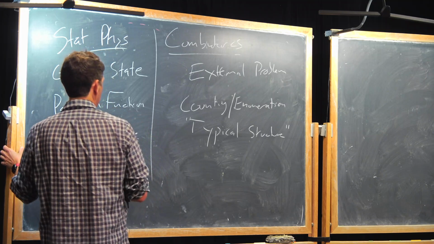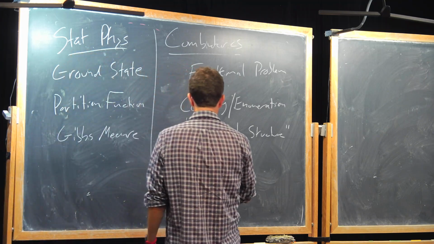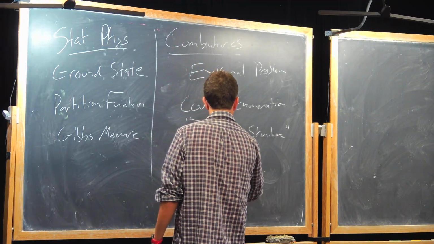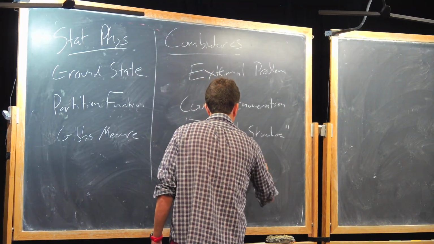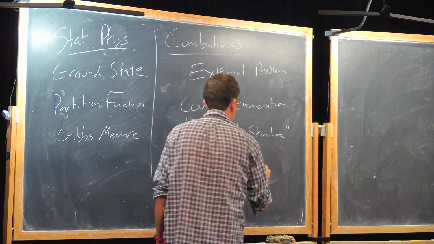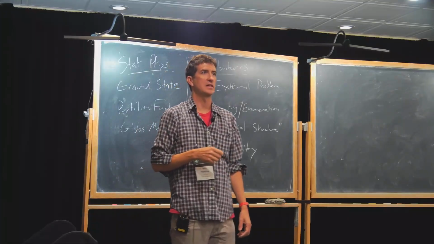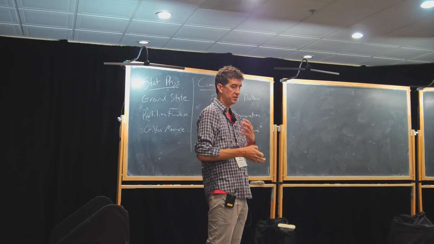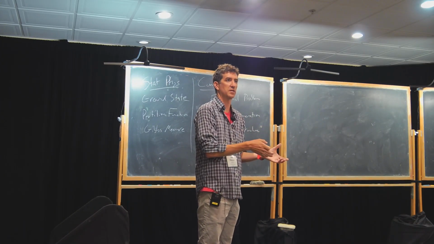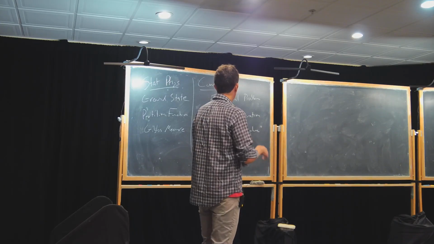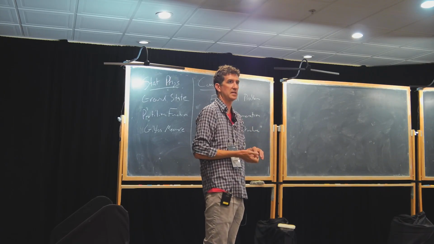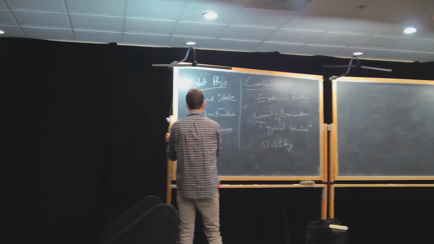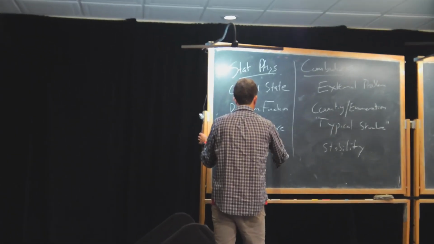Yeah, let's see. Here, this one is maybe a little bit less straightforward, but often in combinatorics we talk about stability. And what is stability? Stability says if you are suboptimal, do you resemble the optimal structure? Okay? And there are many actually very different ways to make this precise. But in a sense, that's related to the question of phase transition